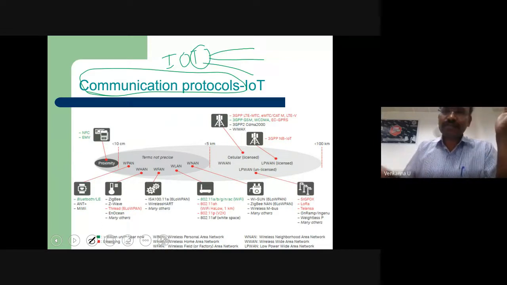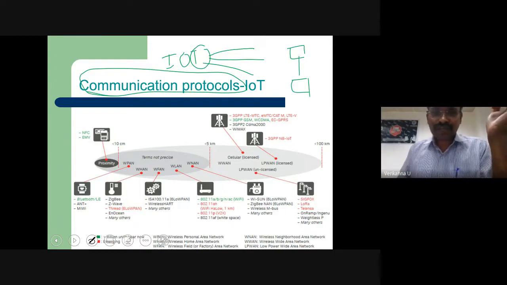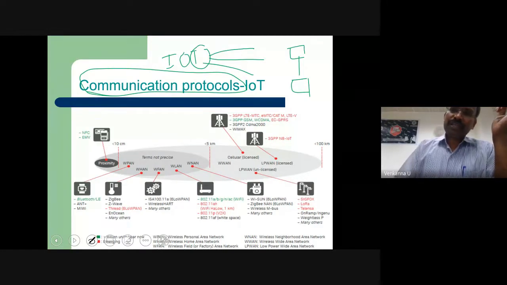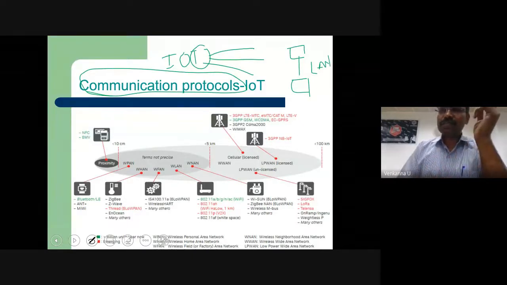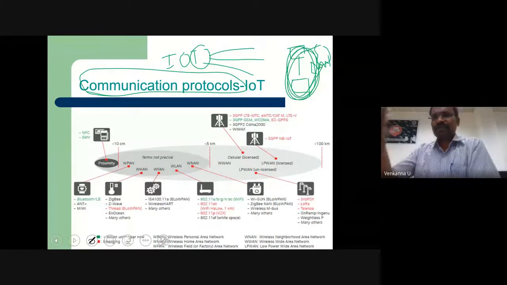As you already know, when two computers are connected in the lab, which network is it called? If two computers are connected in the network, that is called a local area network. It means the proximity is within the lab, and these two computers can communicate. When I connect these two computers to the internet, it is a wide area network.